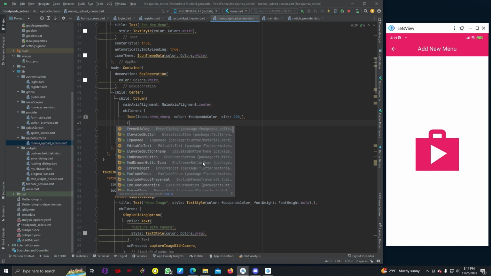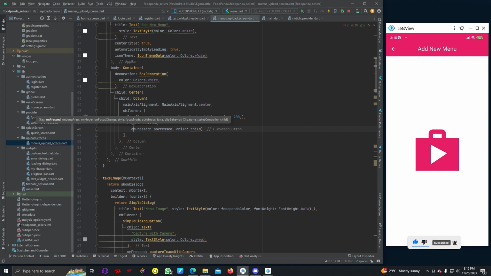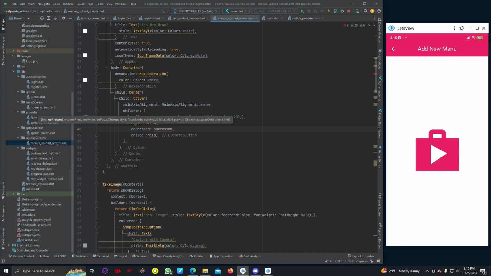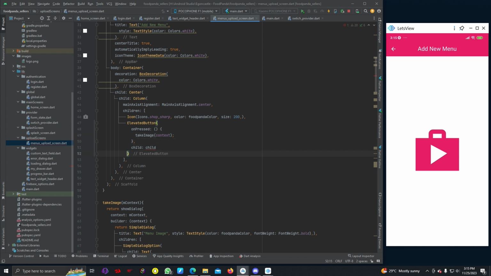and then we can add elevated button. On pressed we can call the function take image, context, and here we can add text, add new menu,